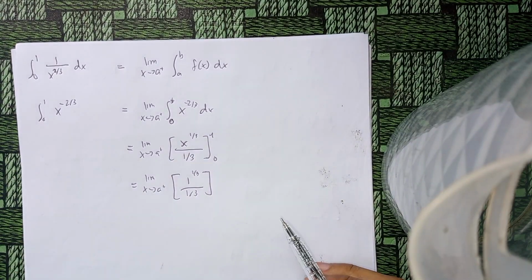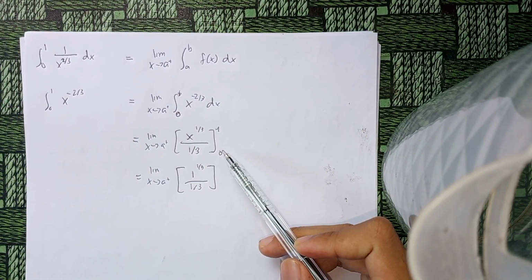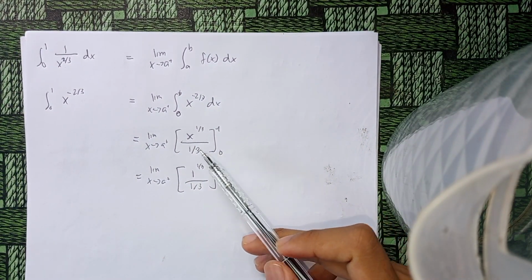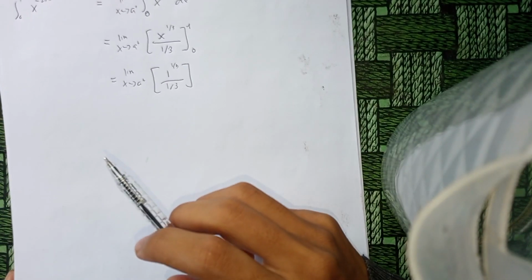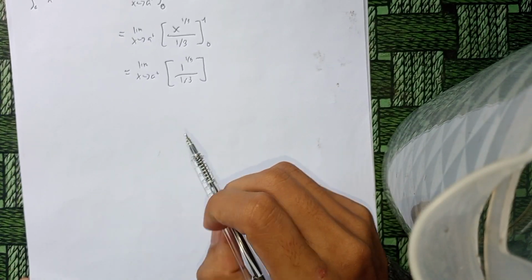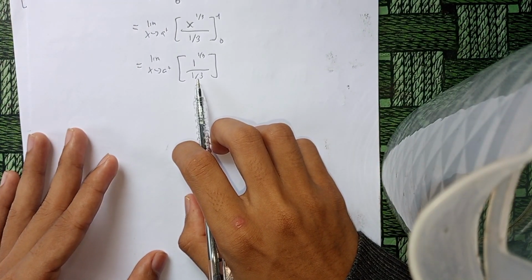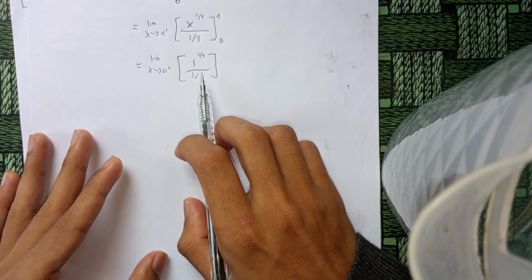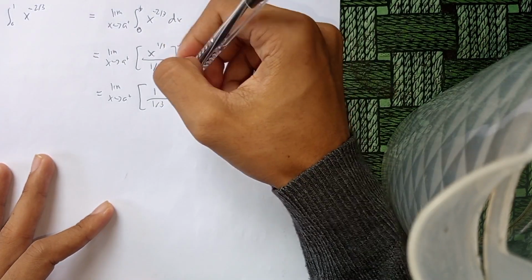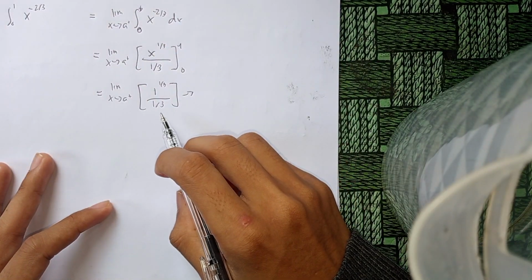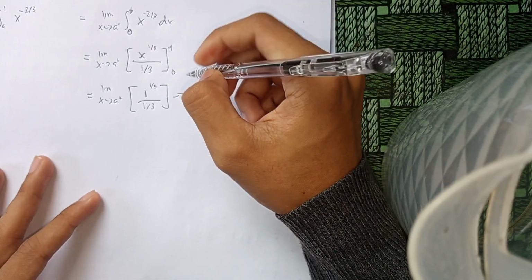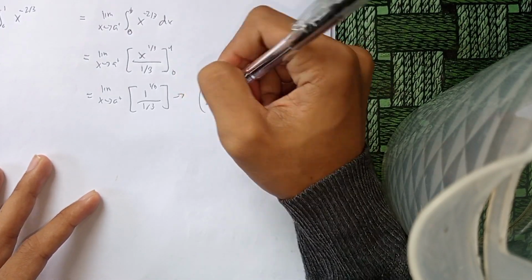So we can now consider not writing the 0, because the result when we put the value 0 will also become 0. So it is okay not to write it, to avoid confusion. Okay, so since our denominator is a fraction, the thing to do here is to reciprocate it. So it will be something like this.